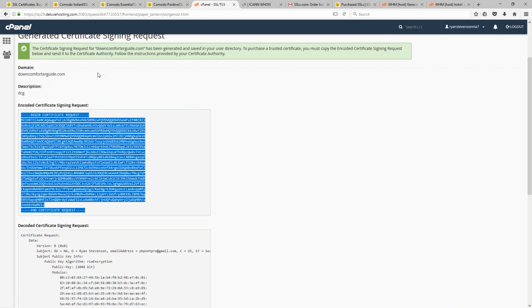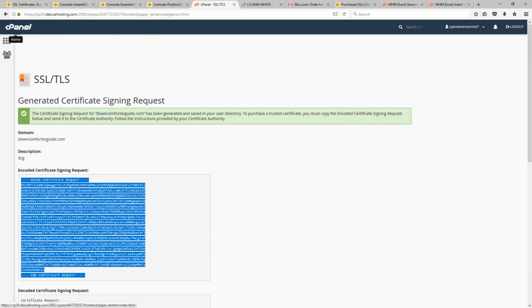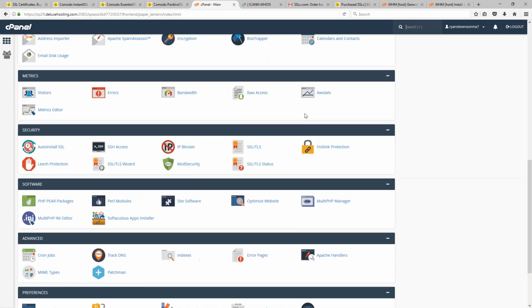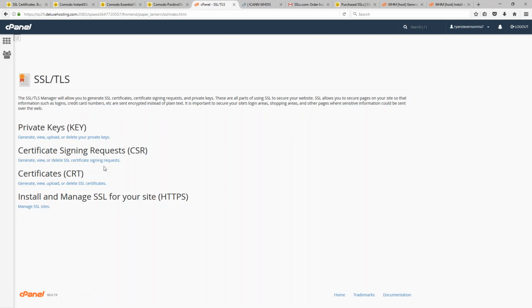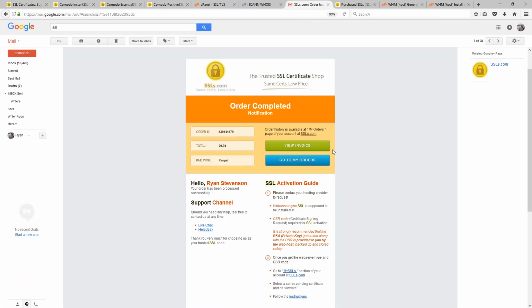The next step, though, is not to actually do something through Control Panel. If I go back to the SSL TLS page, you can see that the next thing in our list here is certificates, where we will upload the certificate to our server. Well, we don't have our certificate yet. So there is a step in between these two, and this takes place off of your actual web server. So what you want to do for this next step to complete your SSL certificate